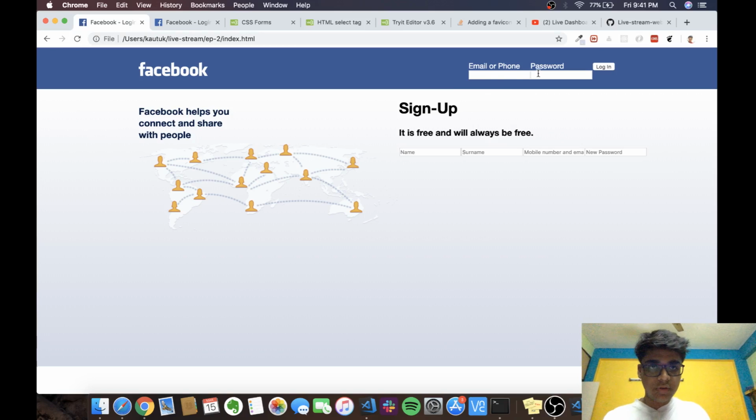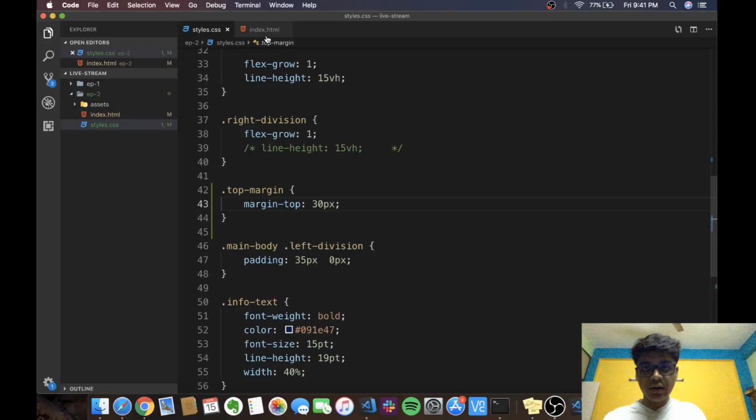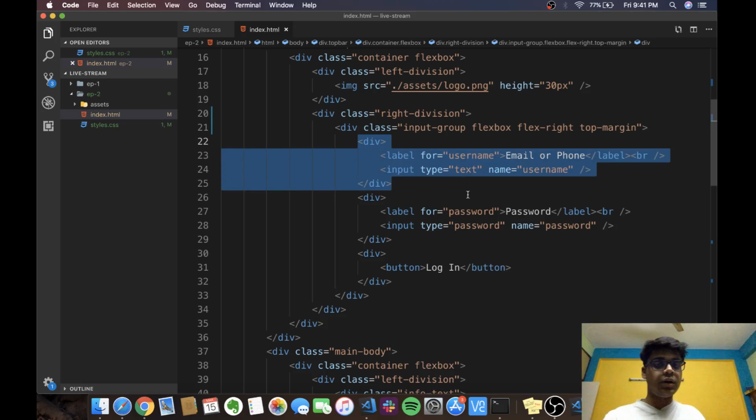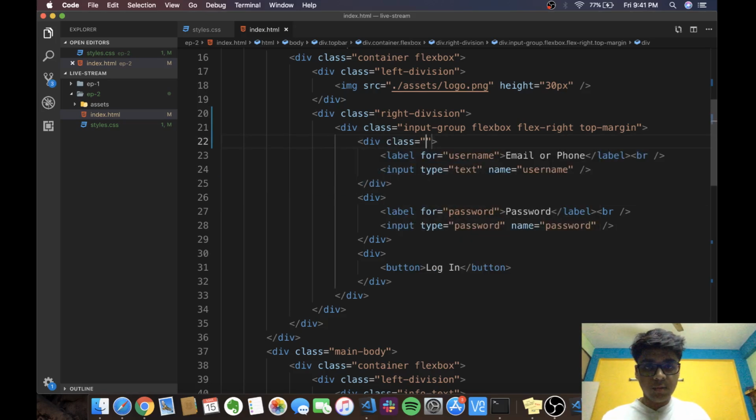So it will move it a little downwards. And also, as you can see, there is no space between these two, so I will have to add yet another class to this division, the children of this element actually, which contains the input, which is this particular division. And I'll give it a class name of, say, input box